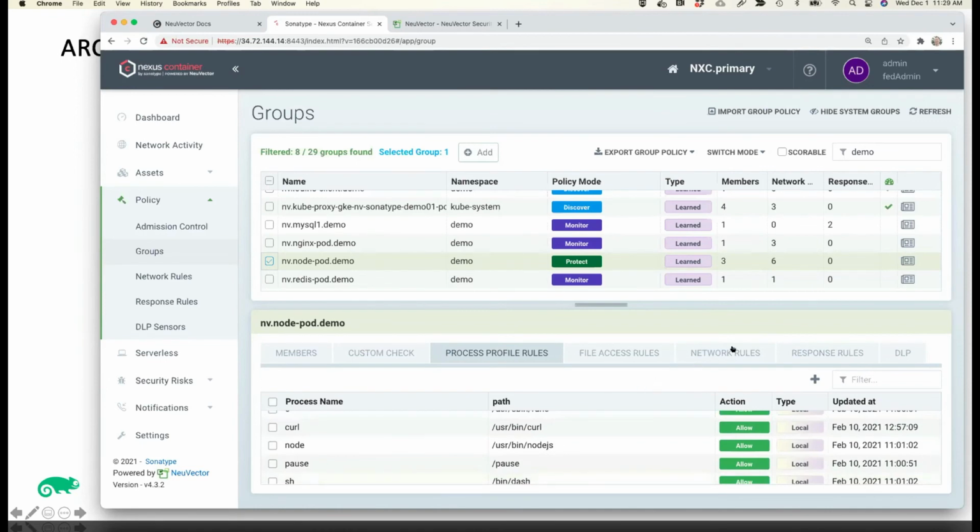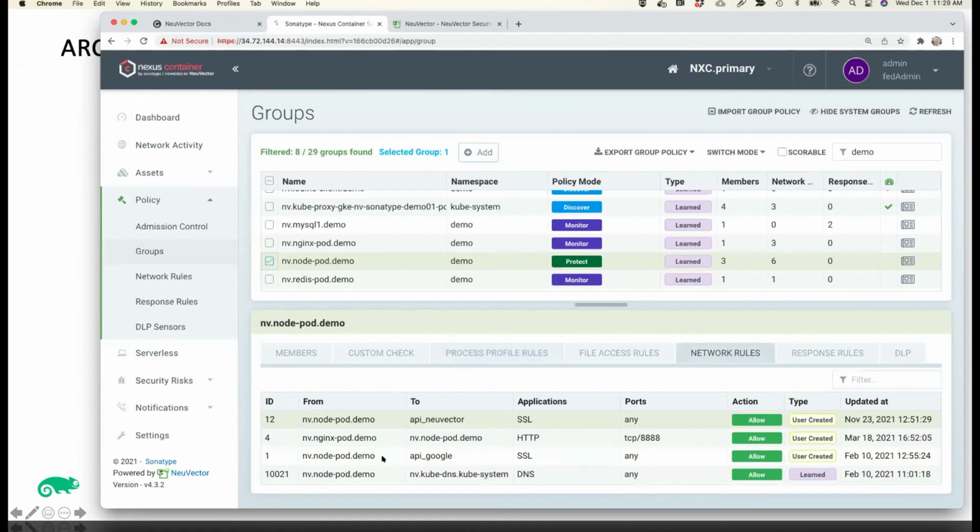And the same can be true of network and file access rules. Now, one thing I did want to highlight that's really critical is egress control, because you're going to have a lot of pods that need to exit out of the cluster legitimately. And again, you need to declare that allowed behavior. That may be connecting to an API service outside of the cluster, another container, a VM, or even the internet, allowing connections to the internet.